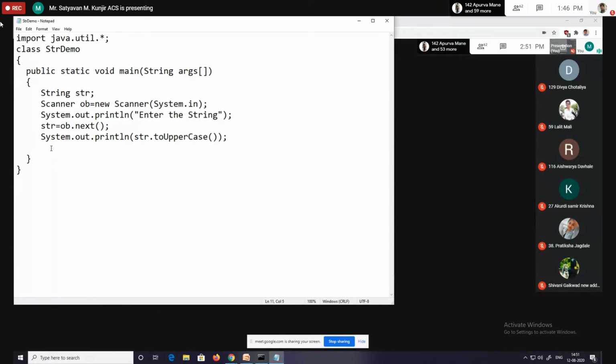That means we have to take one string from a user. Suppose our string is bypcs. From that string, we have to replace all the y. There is only one y, and that y we have to replace by star. For that, which method do we have to use? We have to use this method. First, you have to try. If you are not able to write it, then I will do a demonstration.